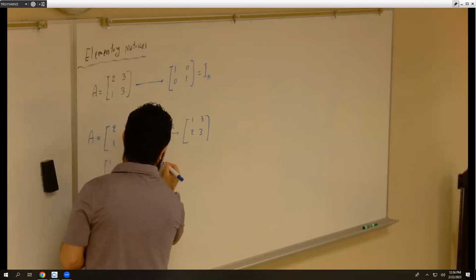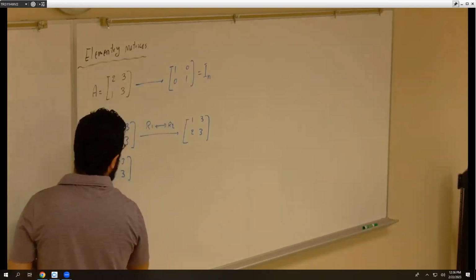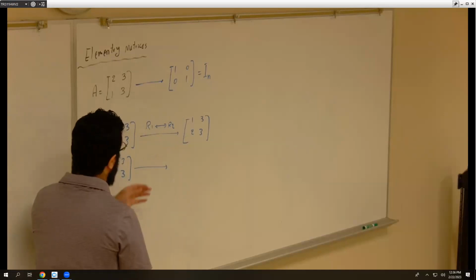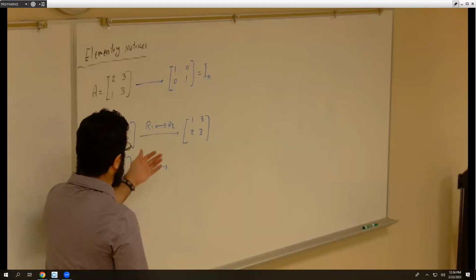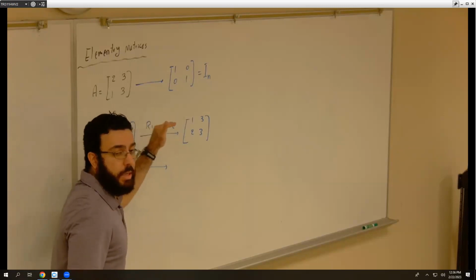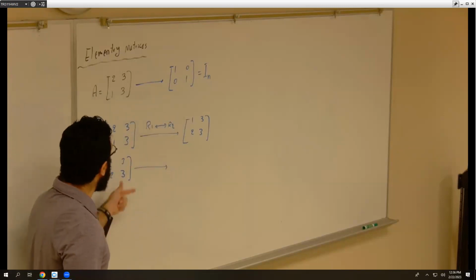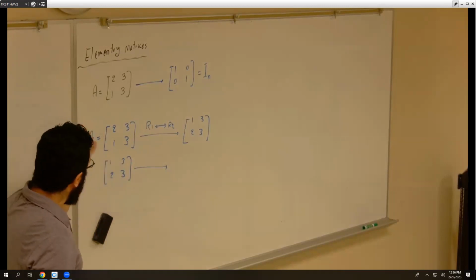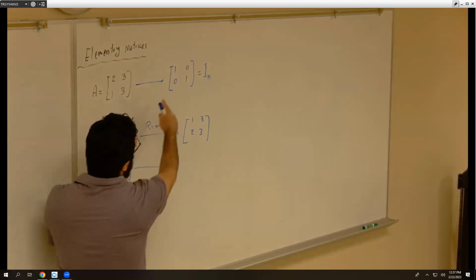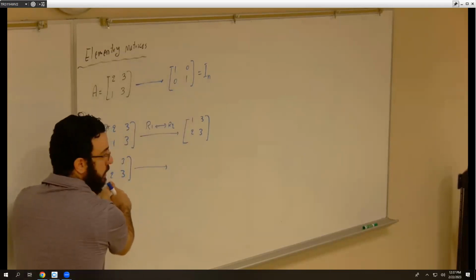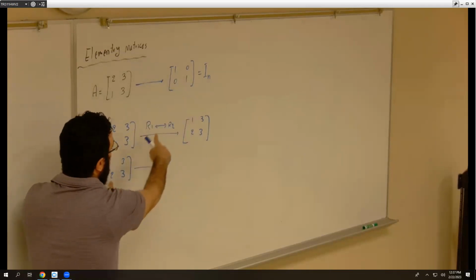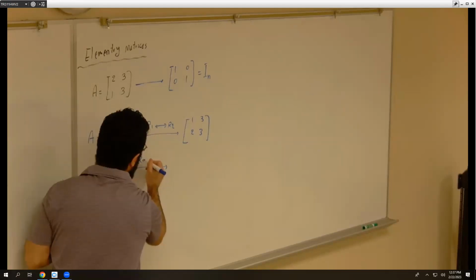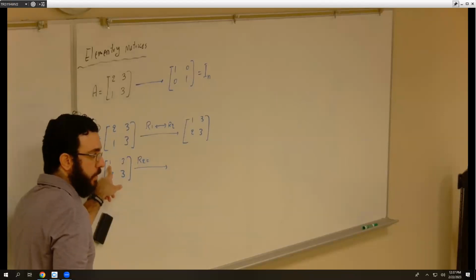Let's do the second operation. You can know I'm doing these because this is a matrix by itself. Each operation you do for the new matrix is going to be an elementary matrix. You're going to check it out. Now, what's the next step? Here's my new matrix. The first leading entry is 1. Now, this number here is supposed to be 0. So the new R2 is going to be